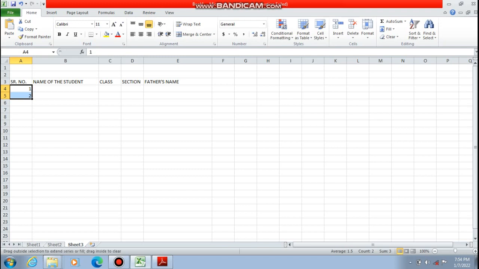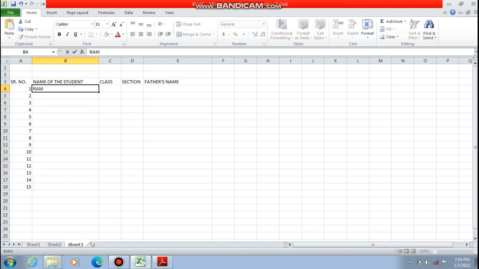Suppose you want to keep the data of 15 students, just write the name, जैसे Ram, next Mohan, next Soham, etc. So this is how you can get the name. You can write down their class. This is class 5, so all are in class 5.